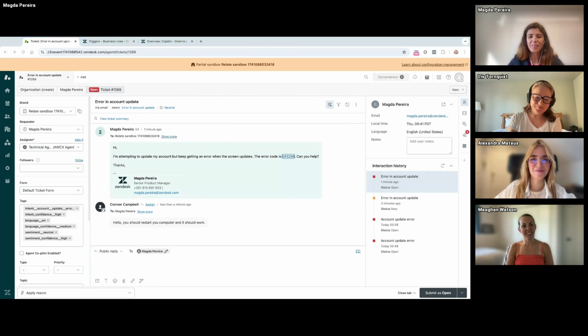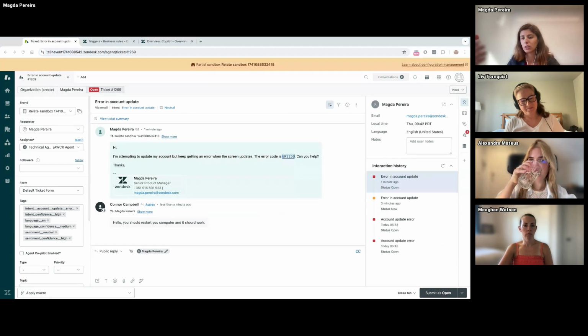And basically, with this, what I would like to point out is that, as you can see, we have a highlight on the entity here. So what does this mean? What this means is that the entity, the pattern that we defined with our regular expression, is being highlighted on the ticket. So the agent will see very easily the intent and even the entity. Okay, so if he wants to answer the ticket and understand what is happening, he can very quickly do it.